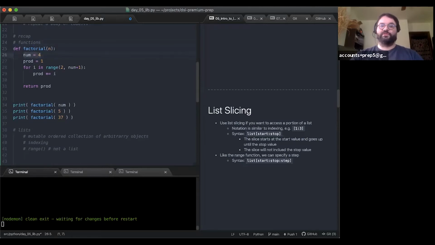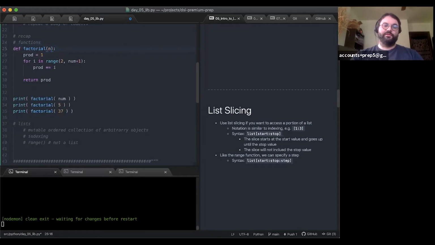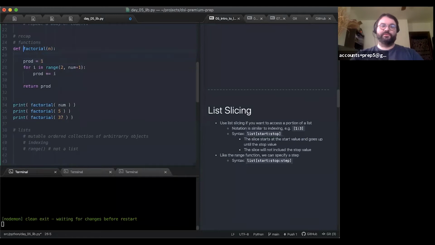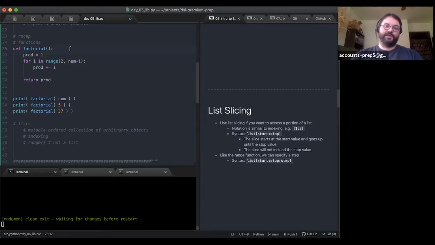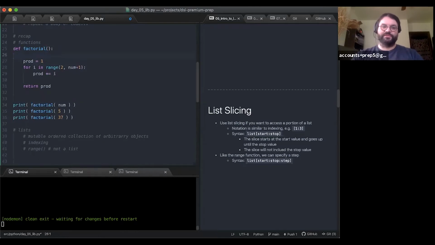So we can set local things, and that's totally fine. But I wouldn't want to just take in a value and then set it right away, because then there's no point in taking it in. I might as well just leave it empty and then plug in a value here, which defeats the purpose of a function in most cases.